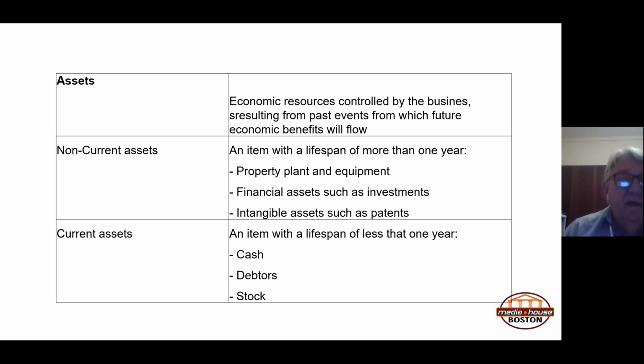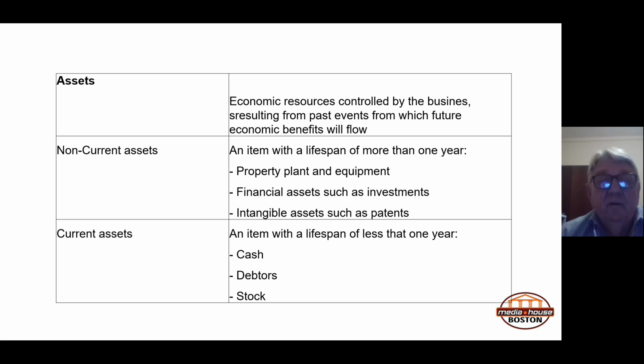We then classify the assets into the two categories, non-current assets and current assets. The difference between the two: non-current assets are items with a lifespan of more than 1 year. So a truck lasts for more than 1 year, for 5 years or 10 years, depending on how you treat it. The typical things that you will have: property, plant, and equipment. Any properties you have, your machinery, your equipment, your vehicles, your computer equipment, all those are items with a lifespan of longer than 1 year, and therefore will be